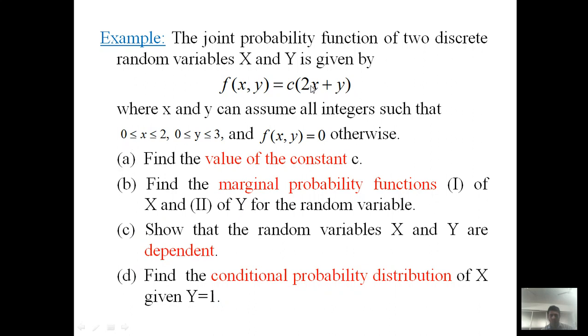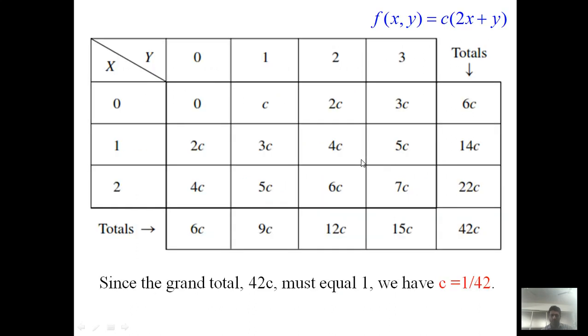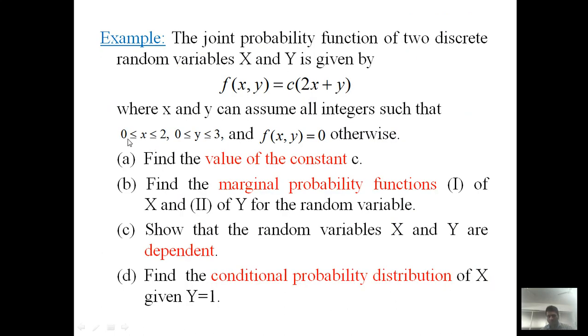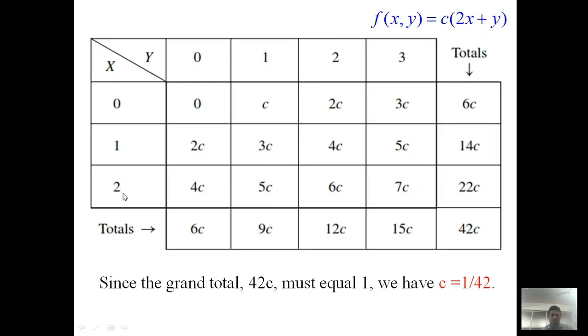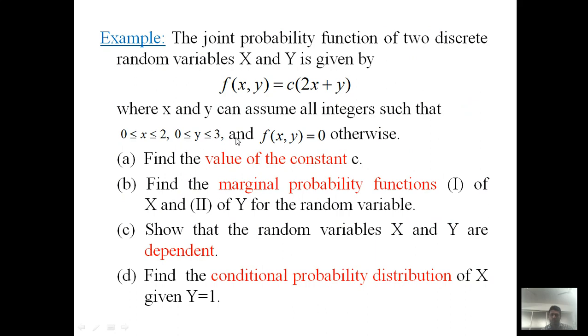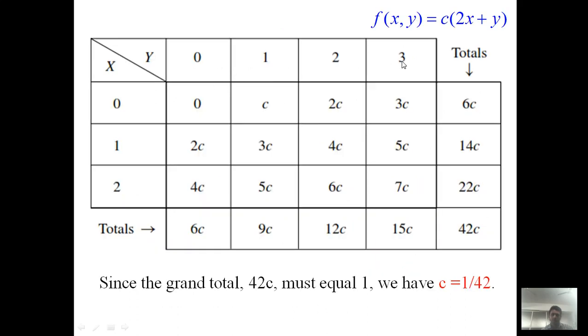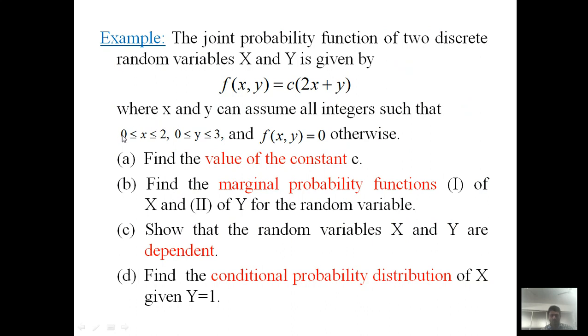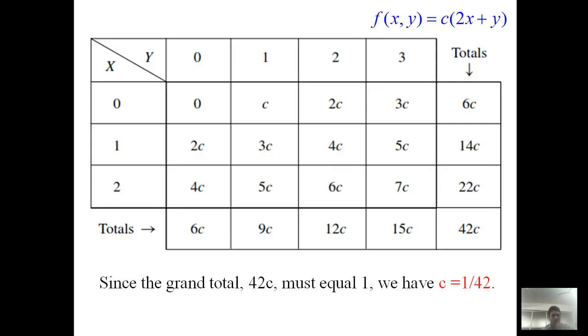Corresponding to this probability function, we have to find the value of the constant c. As we have seen in the last lecture, we consider all the points. Say x is between 0 and 2, so x is 0, 1, 2, and y takes the values 0 to 3, so 0, 1, 2, 3. See here, both left and right endpoints are included. So now the probability function f of x y is c into 2x plus y.